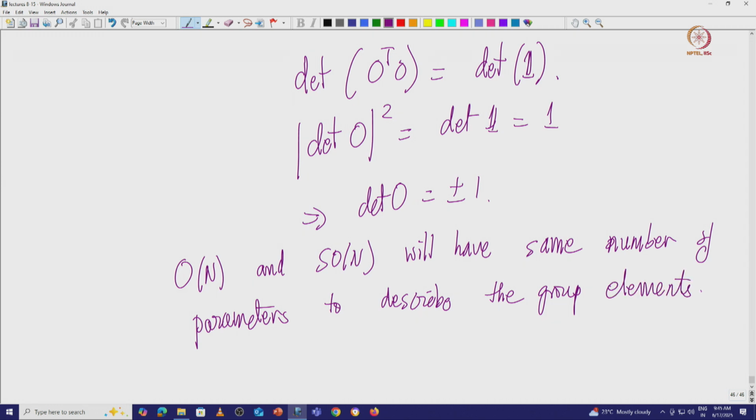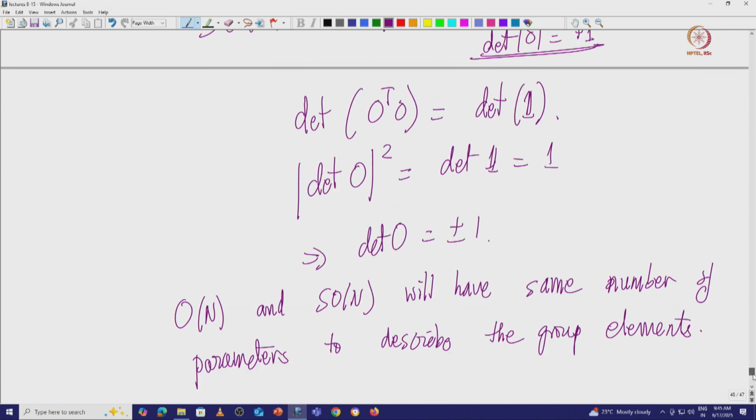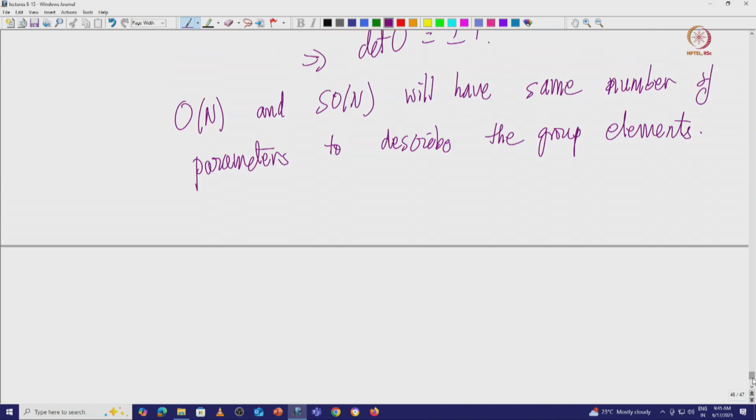Now let us look at the next case essentially, what happens for n is equal to 3. Okay, and also tell you what happens for n in general. I will give you the formula, but you have to derive it as a homework. For general n, meaning for n dimensions, can you derive this formula? You can derive this formula, and you will get n into n minus 1 by 2 free parameters essentially.